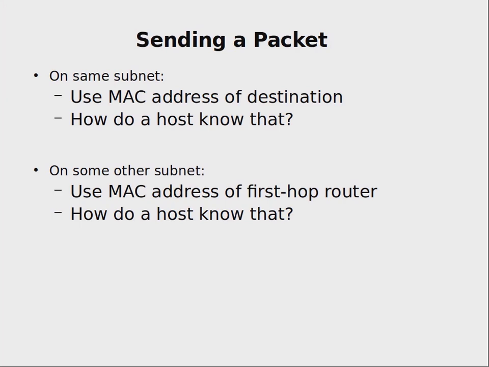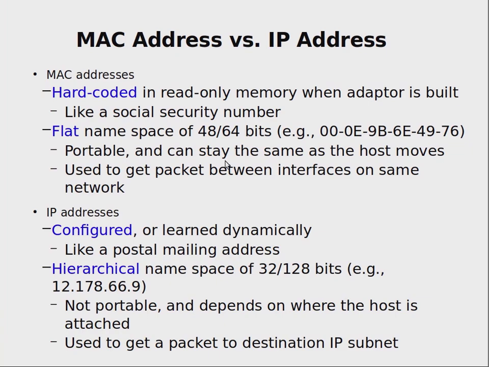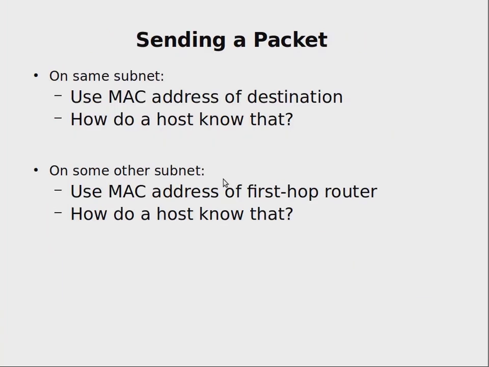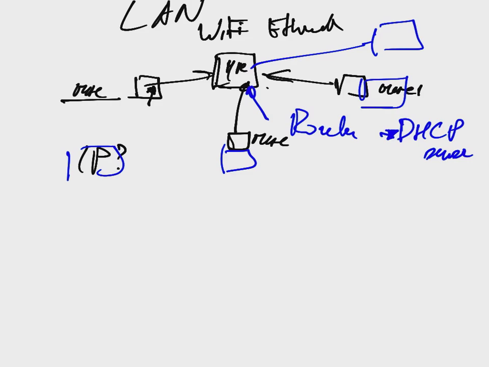So now about sending a packet. On the same subnet, sending a packet is very easy. You use the MAC address of the destination and you send to it. But in other subnets it may be different, and I will not go into details, but here again another protocol may be used, where your device usually talks with this router and DHCP server. It is the address resolution protocol.